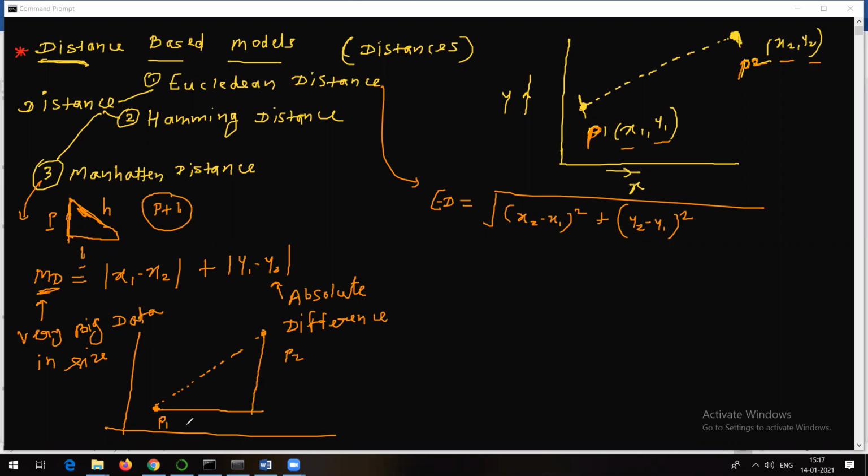We know that P1 is (x1, y1) and P2 is (x2, y2), so this will be x1, this x2, this y1 and this y2. So the formula for Manhattan distance is something like this.